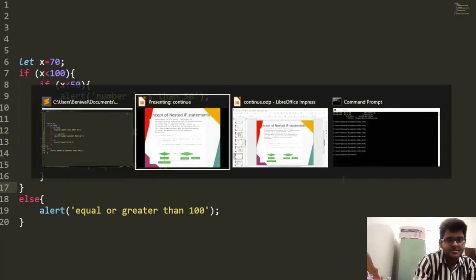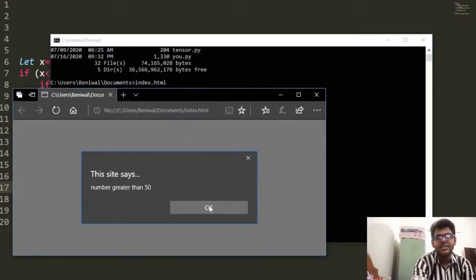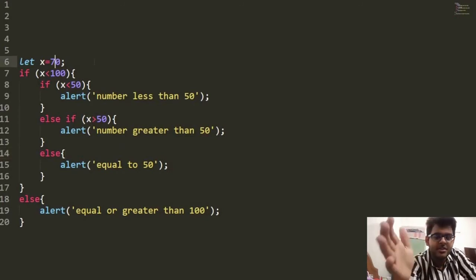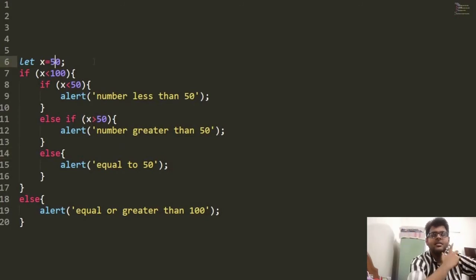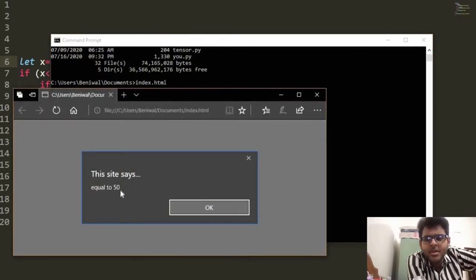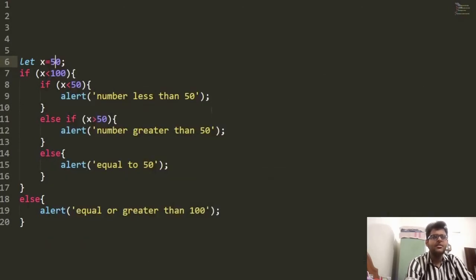Running our HTML file, as you can see, number greater than 50. And if we put 50 here, it will give me equal to 50.